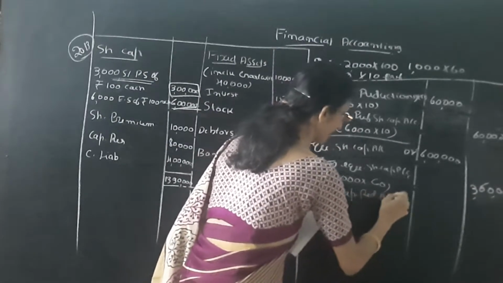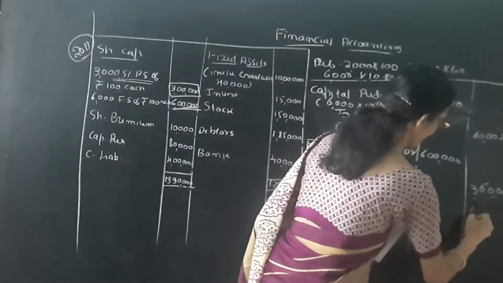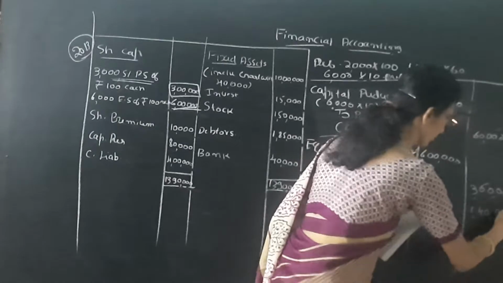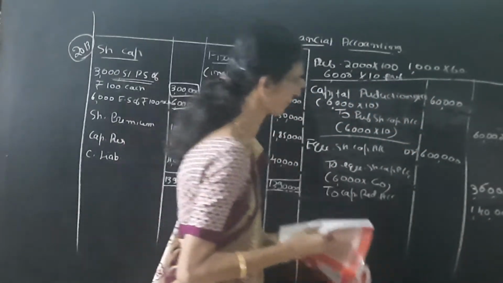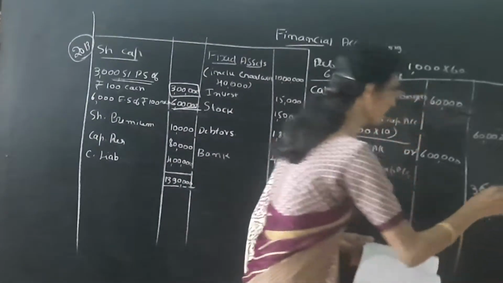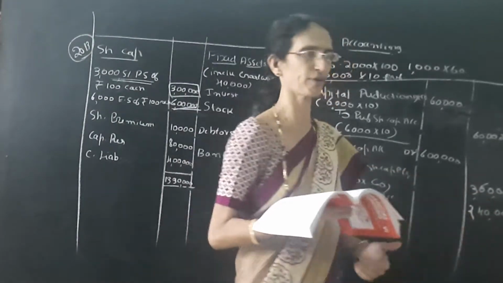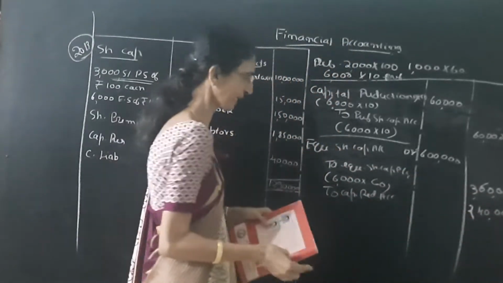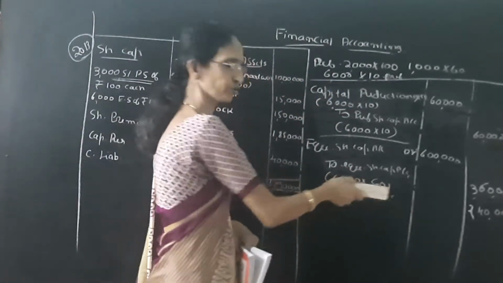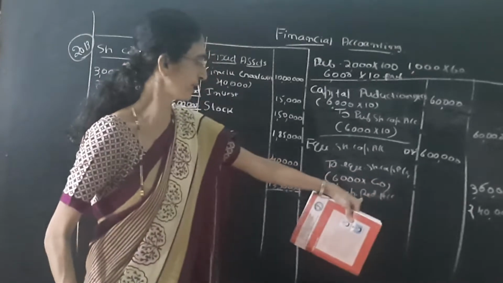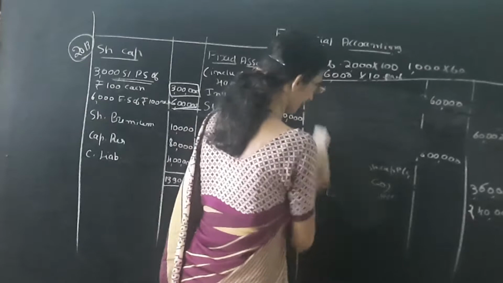So 6 lakh minus 3 lakh 60,000 is 2 lakh 40,000, not 1 lakh 40,000, and that should be transferred to capital reduction account. So the equity shares are reduced to 60, and the remaining balance is transferred to capital reduction account. Next entry is